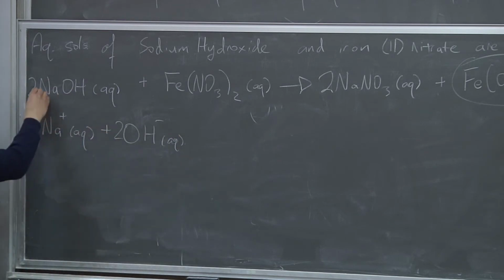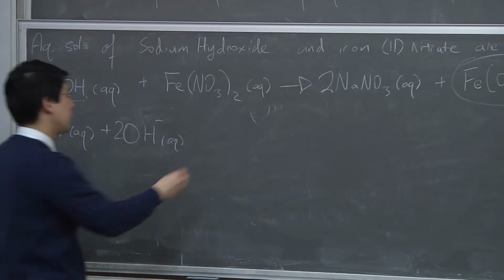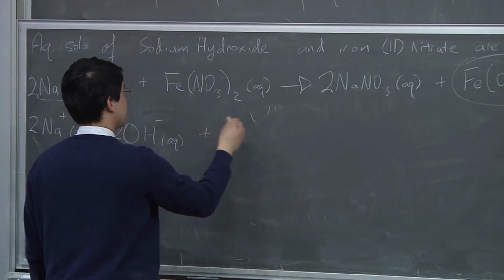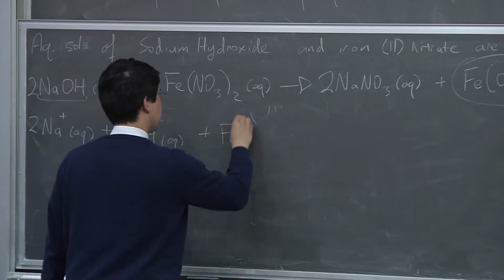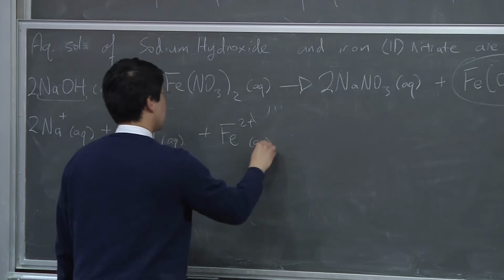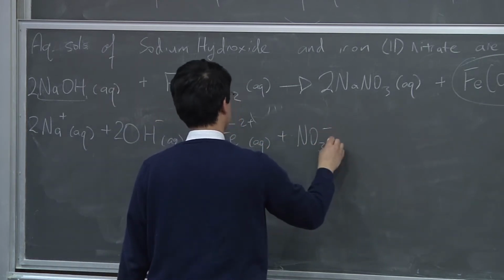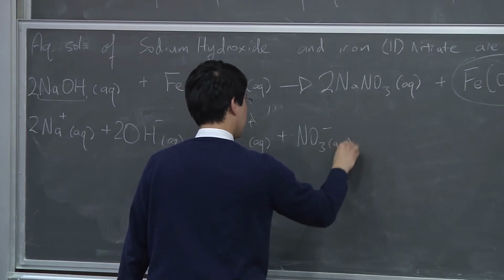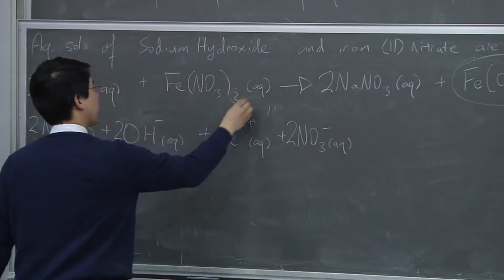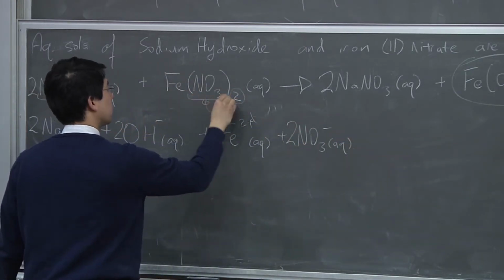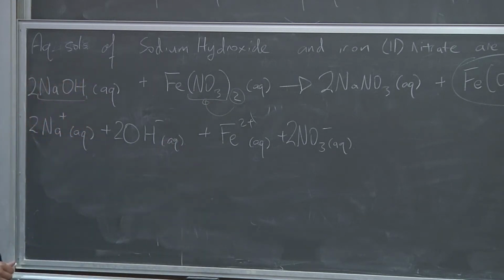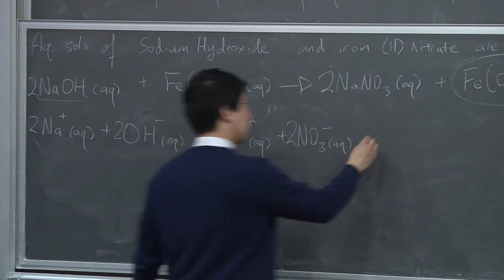The 2 covers this whole thing. Right, so there's 2 sodiums, 2 hydroxides, plus Fe2+ plus NO3-, 2 of them, because we've got this, which covers the whole thing. So 2 NO3-. And that yields